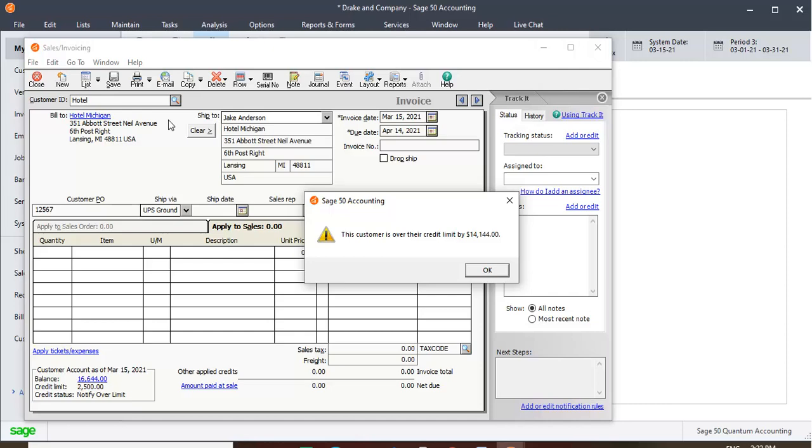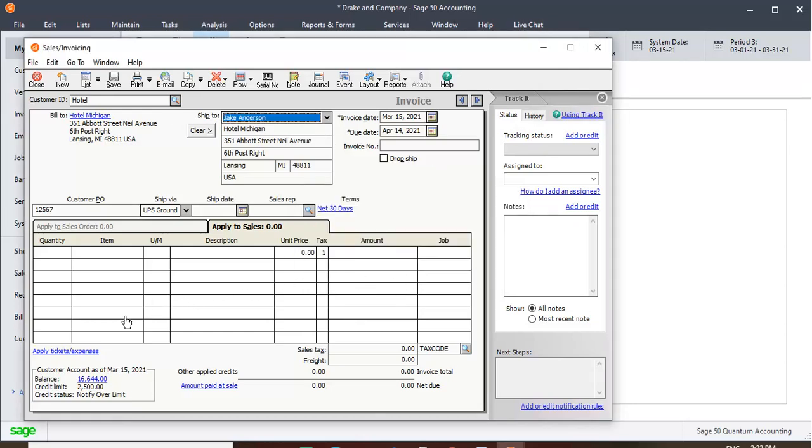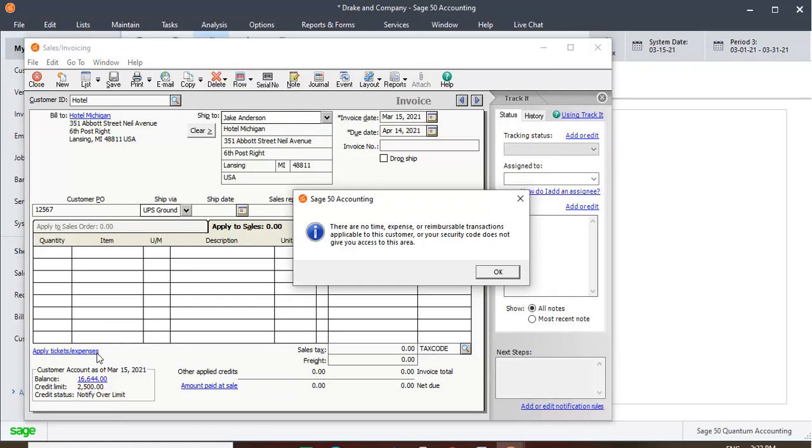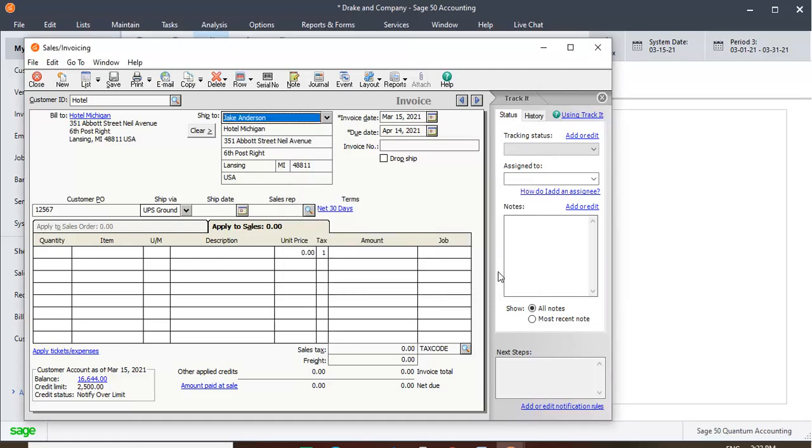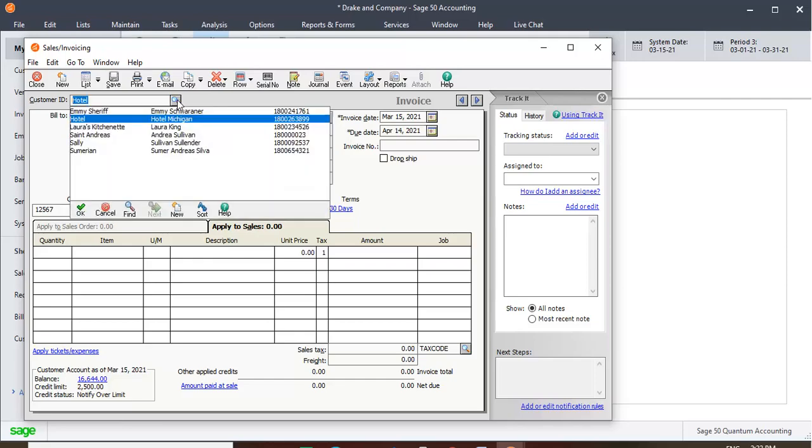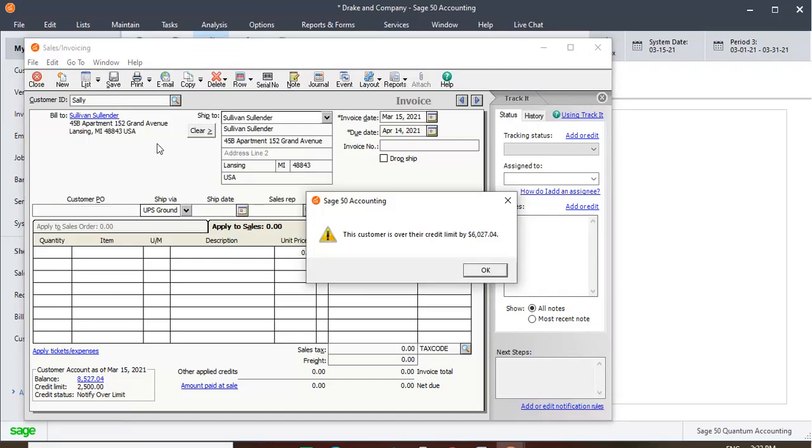Billing time and expense tickets. To invoice a customer after entering time and expense tickets for the customer or job, open the Sales or Invoicing window and select the ID of the customer to bill. Then click the Apply Tickets or Expenses hyperlink under the Line Items section to open the Apply Tickets or Reimbursable